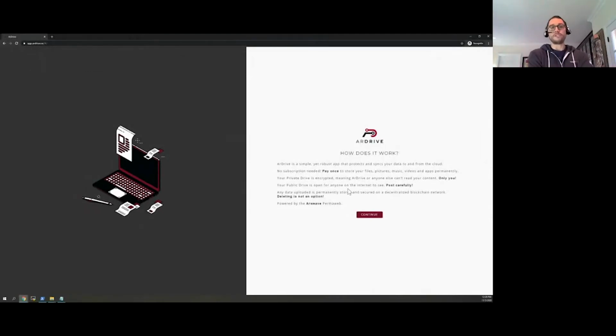We do present the user with some basic information. We've already gotten some really good feedback around how this could be improved. It is a file sync app, and I think everyone is familiar with that. But there are some differences, right, than Dropbox, for example. So we try to highlight that here. So of course, anything you upload, you have to pay for. You pay once, and it's free to read forever. Any private drive that you create is fully encrypted with your own keys. Right, so it's really important that you don't give those keys out, lose them, or anything like that, because if you do, you're not going to be able to decrypt your content.